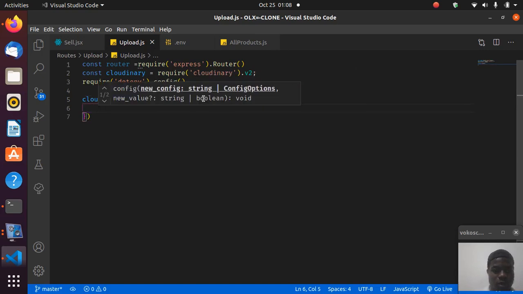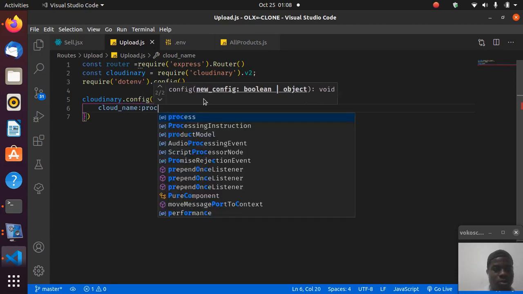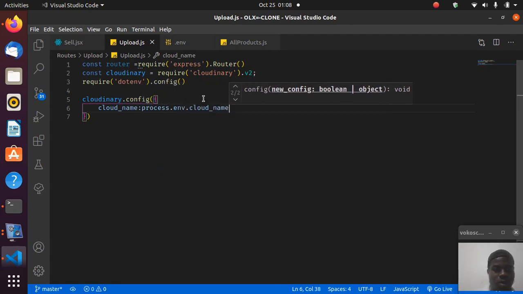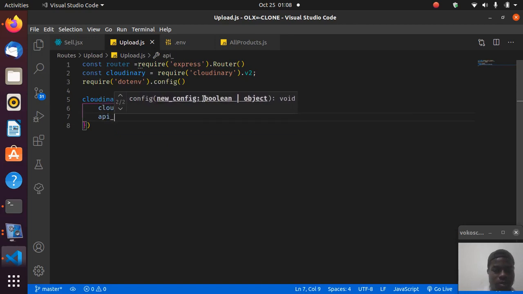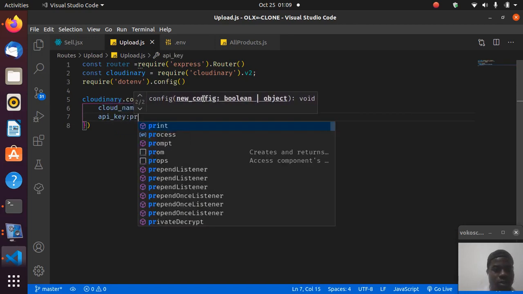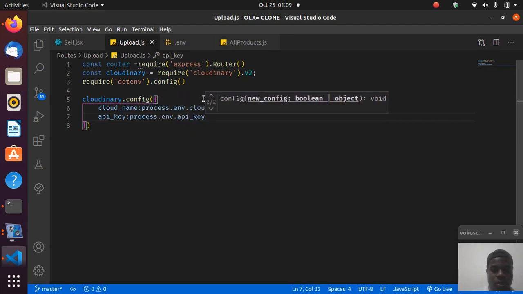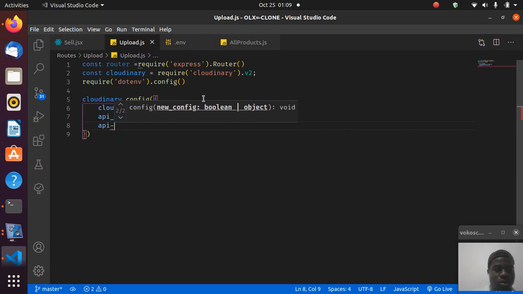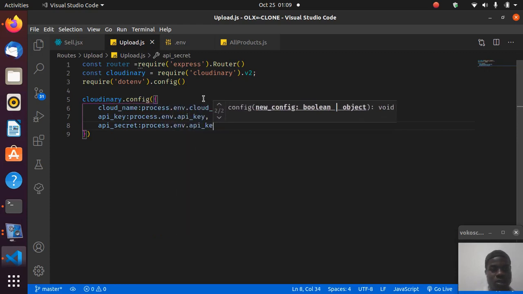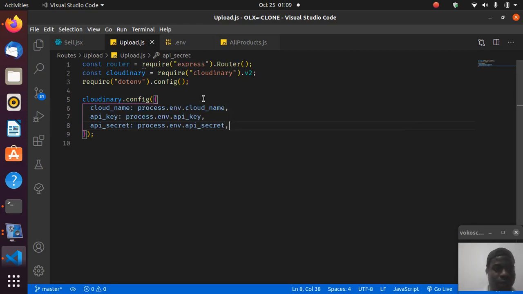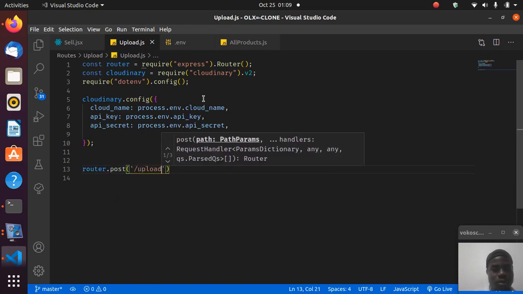and in here I need my cloud name, and that is process.env.cloud name. API underscore key, that is process.env.api key. API underscore secret, that is process.env.api secret. So now what I want to do is I want to say router.post slash upload,